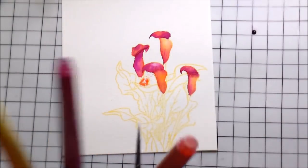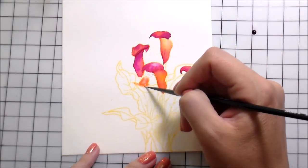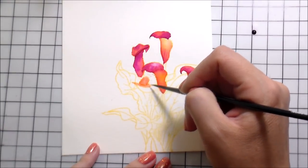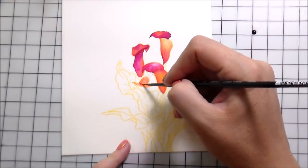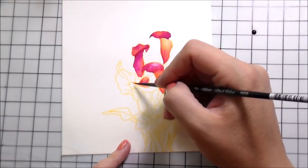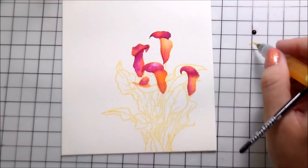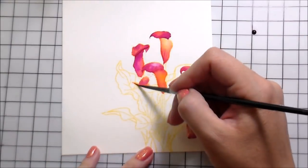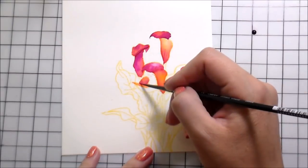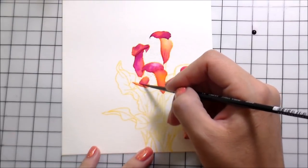So here, this part, I'm going to be straight up with you, is not a flower. It's a leaf. And I decided that I was going to turn it into a flower. Why? Because the 4 calla lilies that are in there are really beautiful, but it was kind of bugging me that there was only 4 and I wanted there to be an odd number. So I just picked a part of a leaf that was kind of folded over and looked to be separate, just to add in this color combination one more time. And then that's pretty much going to be it for the flowers, and we're going to move on to the